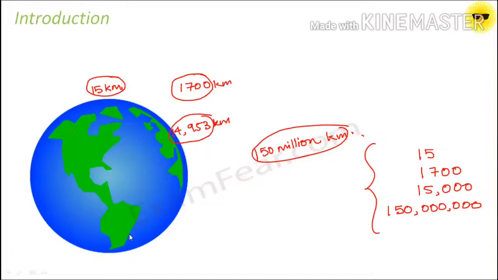The concept of exponents, the concept of powers, makes the representation of bigger numbers easier. And not only bigger numbers, even smaller numbers. These were examples given to show bigger distances. Now if we talk about smaller sizes, the size of a cell is very, very tiny. It's microscopic. The size of an electron is again very, very small. So for very large numbers or very small numbers, the representation becomes easier with powers.